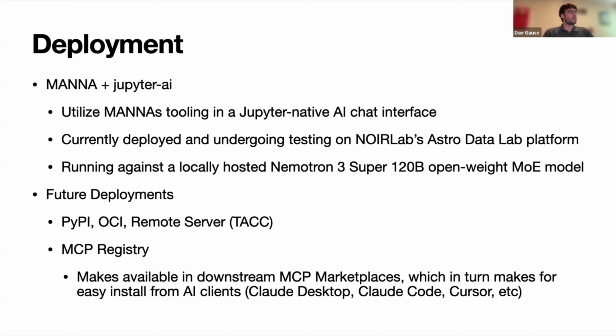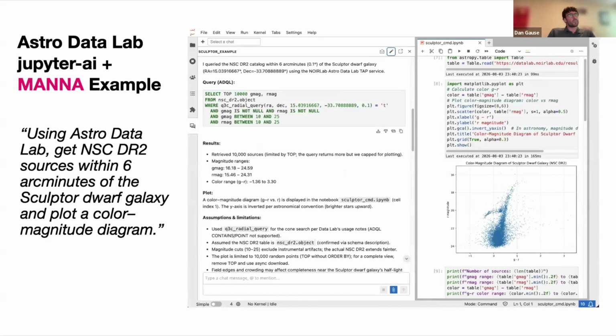And then in general, we're also planning on deploying this on TAC as a remote server, and uploading it to PyPI so that people can install this, or configure whatever agentic platform you use on your local computer. You can configure it to use this MCP server directly. There's a couple different ways to do that. I won't go into the details there, but this makes it so you can just use it on your local computer. And to walk through, I have a couple demo slides here.